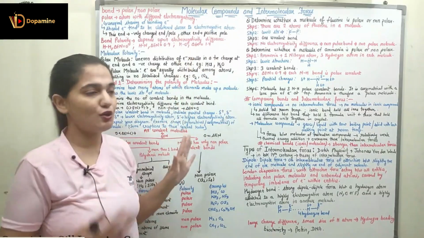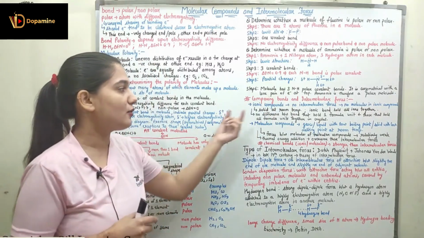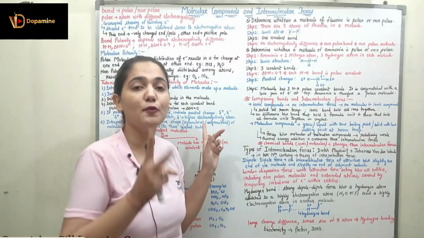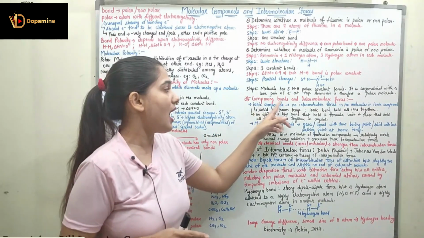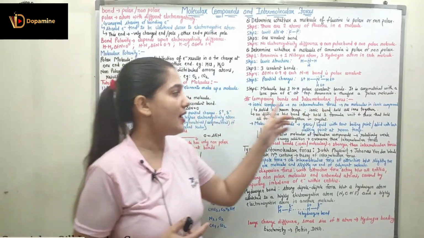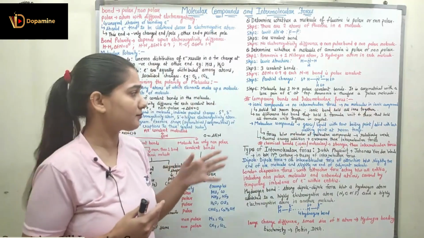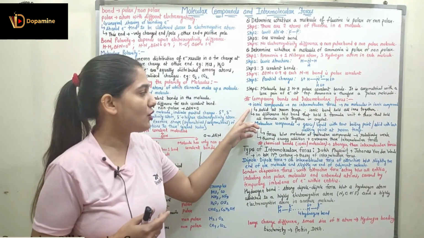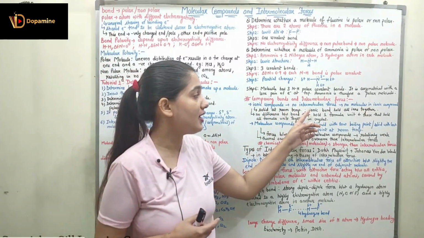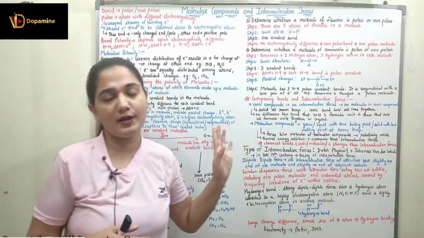Now coming to the next concept, which is comparing bonds and intermolecular forces. If I talk about an ionic compound and a molecular compound, we have to compare the type of bond between these two. An ionic compound will not have any intermolecular forces. Here we do not have molecules in ionic compounds. If I talk about ionic compounds, all of them are solid at room temperature. An ionic bond is there which is holding all of the ions together.